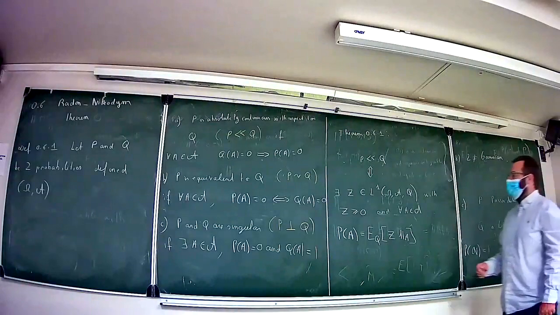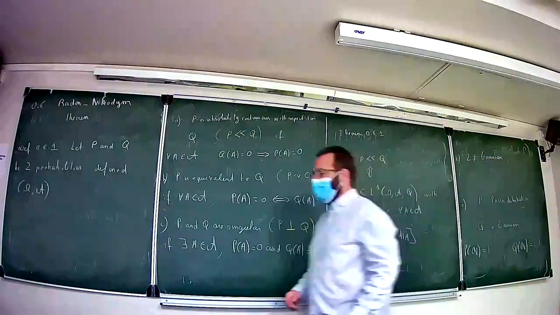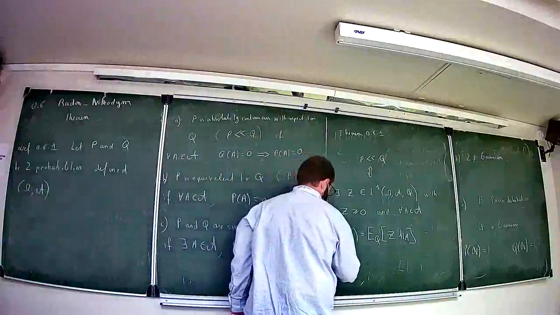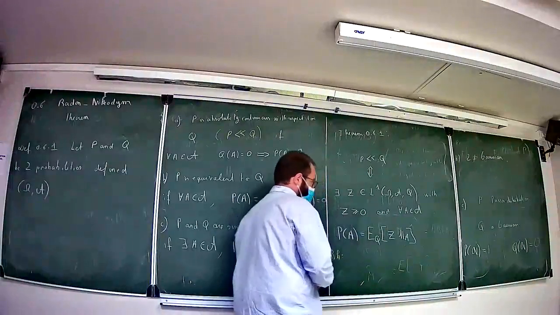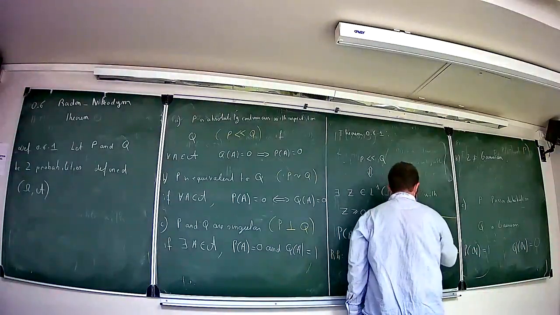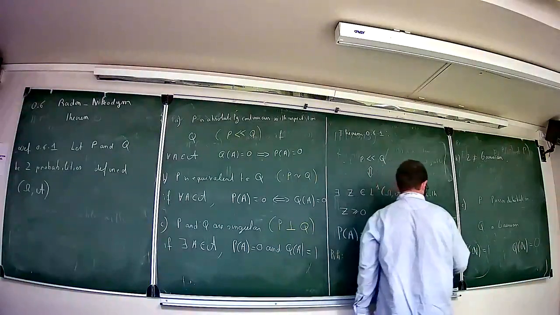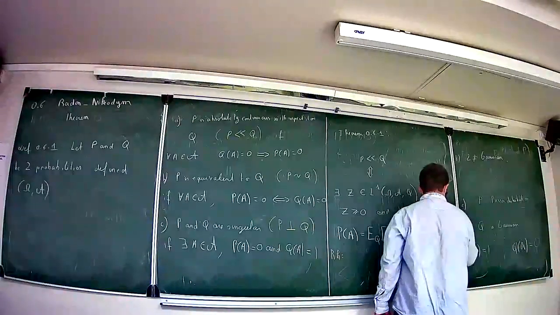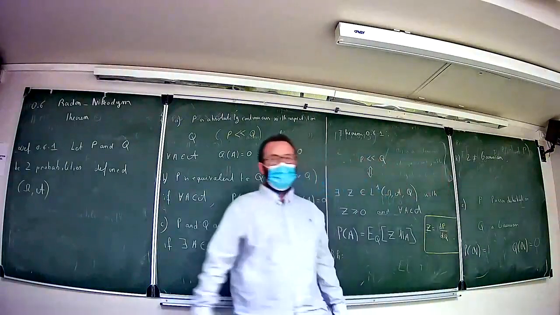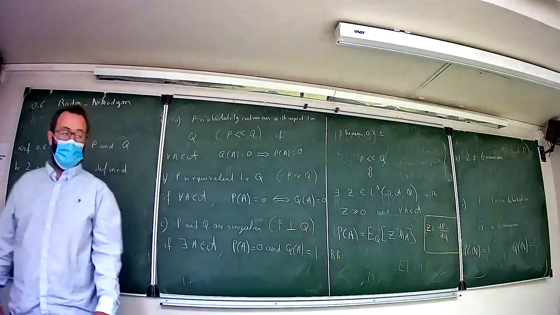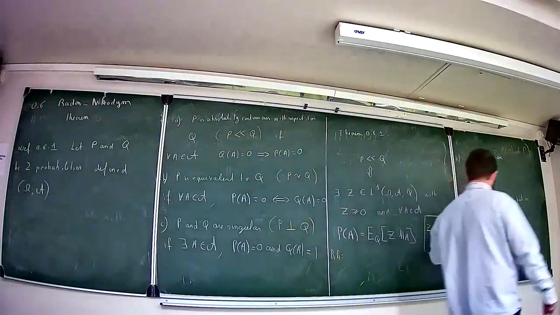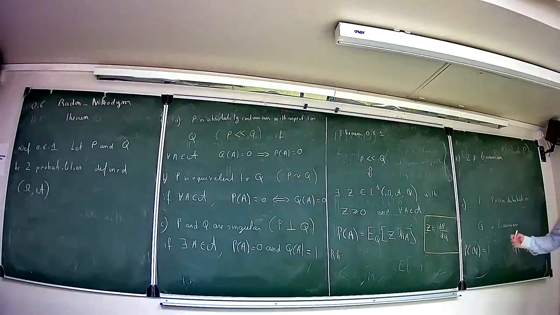I want to do this proof for sure, but the idea is to have this one. And just a remark that I will write just below here. So, notation: we write Z equal to dP over dQ. It's a notation to write the density of P with respect to Q. Density of P with respect to Q. Where this notation is coming from